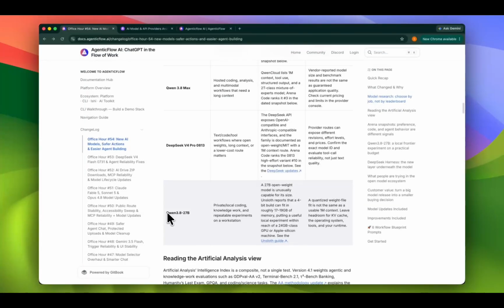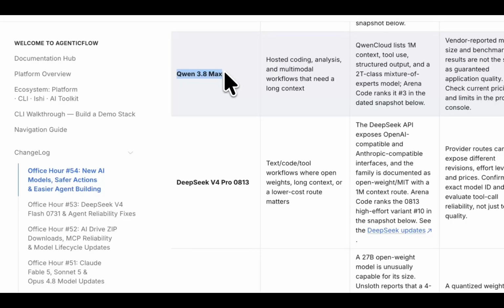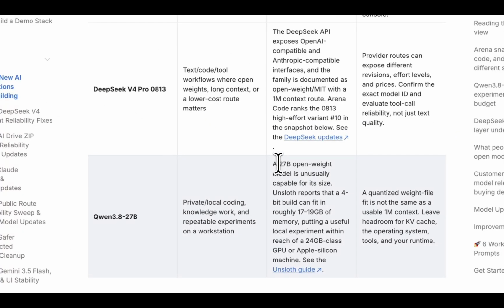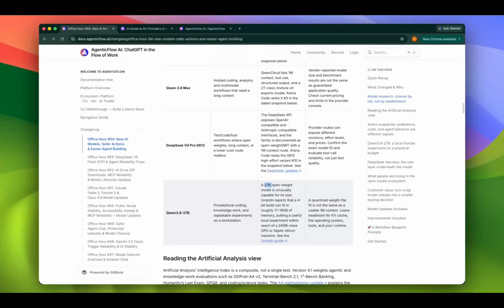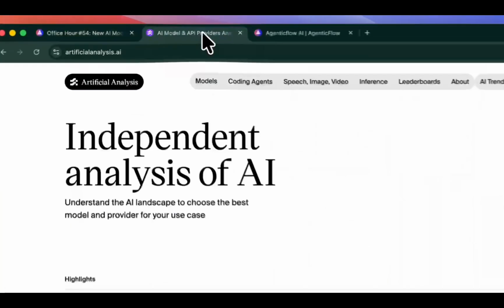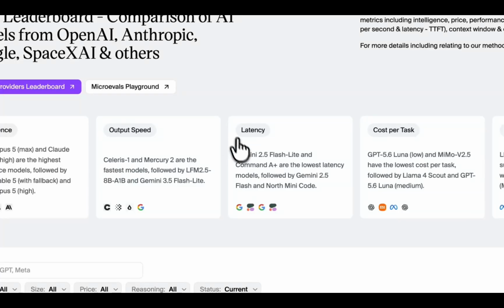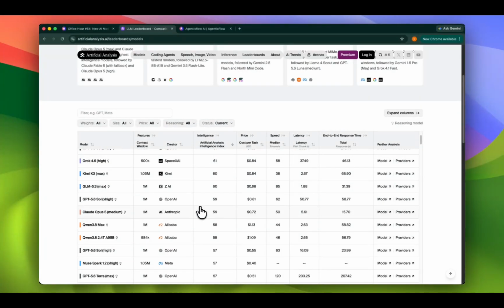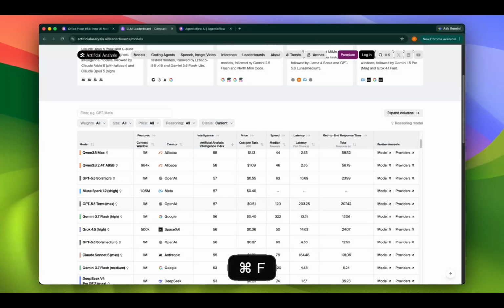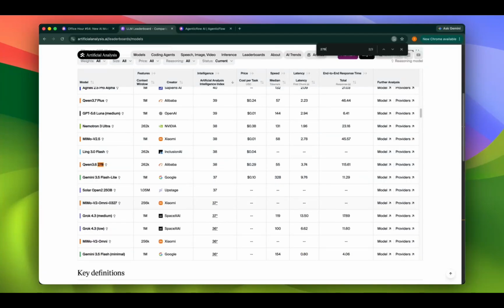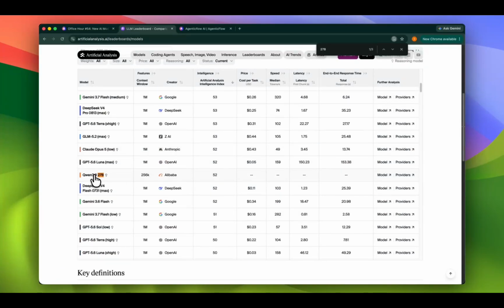The biggest model of this week, I believe, is going to be Qwen 3.8 27B. This is not a really huge model like this one. This one is 2.4 trillion parameters, while this one is only around 27 billion, so it's about 1% of the weight of the bigger model, but it still carries a lot of capability. If you go into the leaderboard, you will see that Qwen 3.8 Flash is doing, let me search for 27B. Yeah, you can see here, Qwen 3.8 27B actually ranks at 52 points, and this is the model that you can use in your